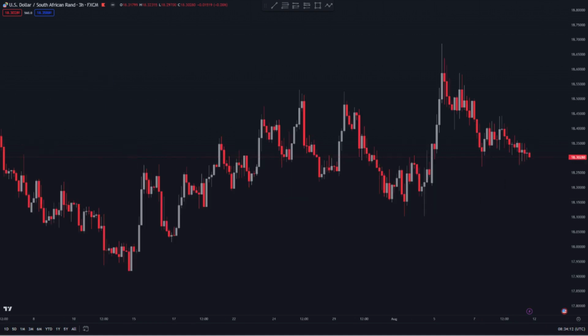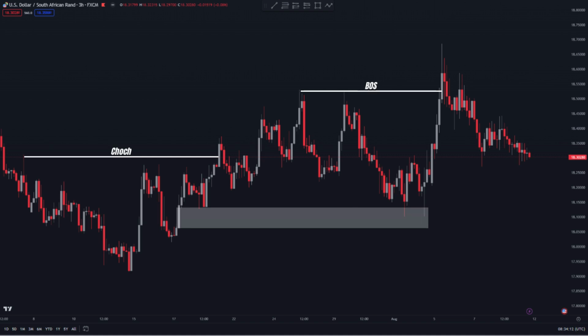Let's switch to a lower timeframe for a clearer perspective. On this lower timeframe, we can see that the internal structure has already turned bullish, with subsequent breaks above previous highs. We also noticed a fair value gap that the market pulled back to fill, giving traders an opportunity to execute their buy orders. From this lower timeframe structure, it's evident that we should be focusing on buying opportunities for